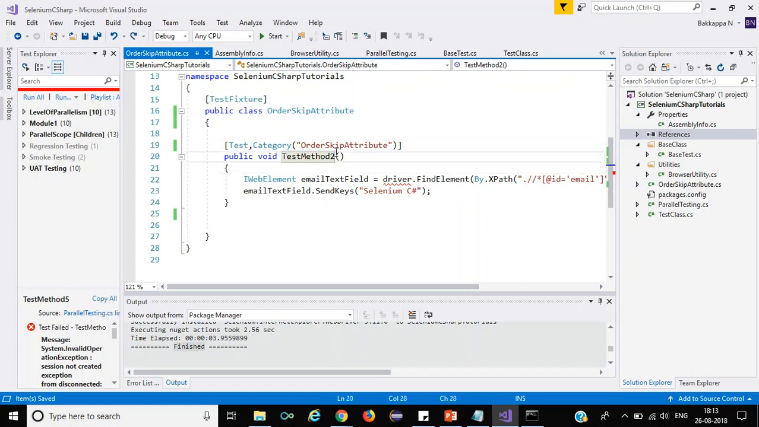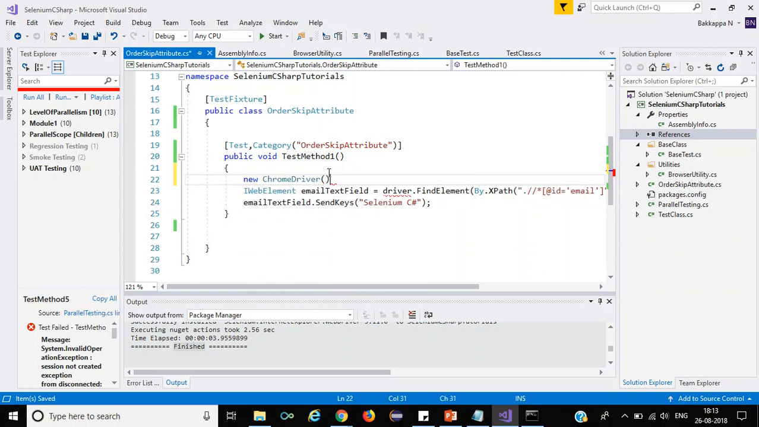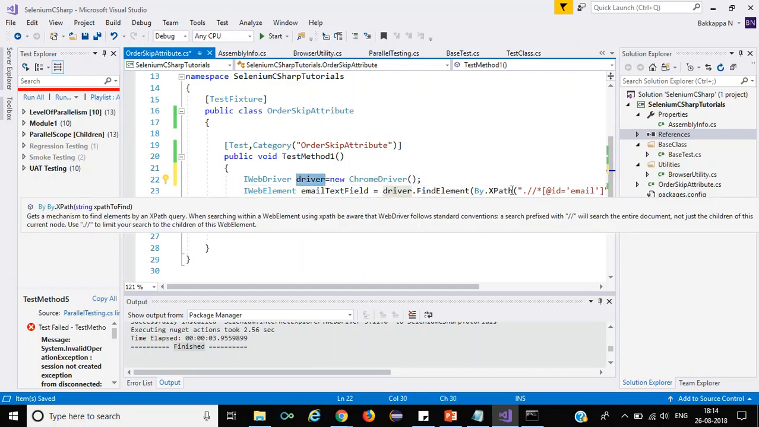So in the test method 1, I'll rename it. In this particular test method 1, I'm creating the browser object of ChromeDriver, and I'll assign that to the WebDriver. That's it. By using this object, we are going to identify that particular